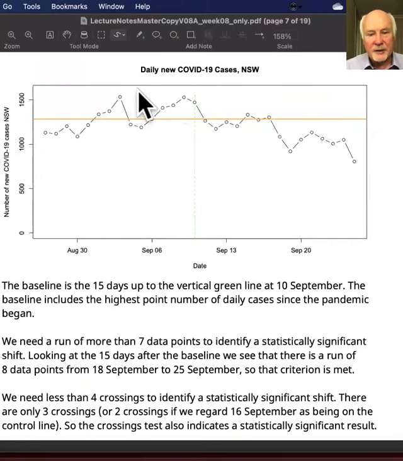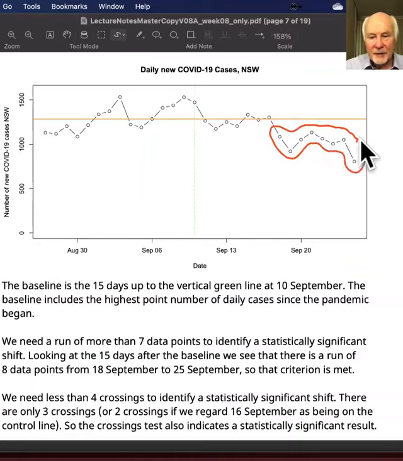And those two peaks there are actually the two highest numbers of daily cases, I think in the whole time in Sydney, but certainly in the current Delta variant outbreak. So I've set a baseline there, and then what we need is a run of more than 7 data points to identify a statistically significant shift. So when you look at that, we've got 1, 2, 3, 4, 5, 6, 7, 8. So we've got a run of 8 there. So that just barely